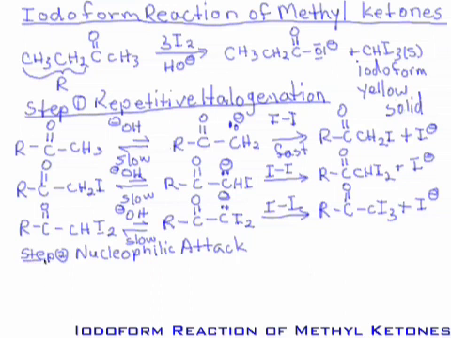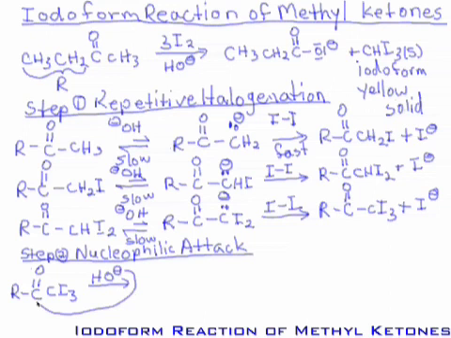Step 2, nucleophilic attack. And so I can draw my R, C double bond O, CI3, and I can have hydroxide, OH minus, act as a nucleophile, attracted to delta plus on carbon of the carbonyl, and will form